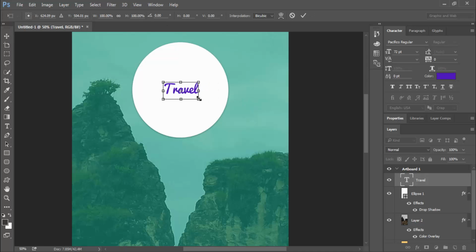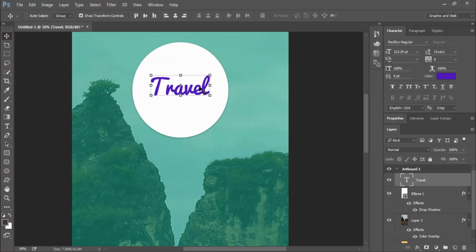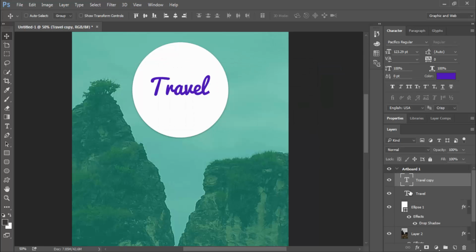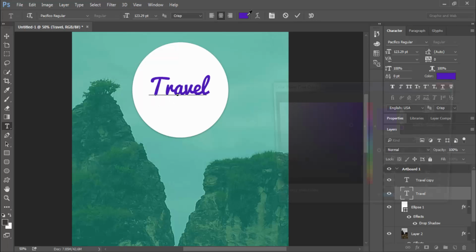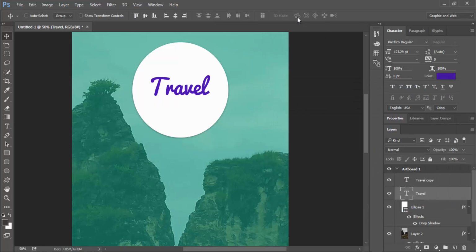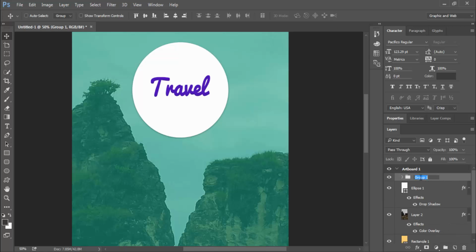Alright, and we can duplicate and change the color to dark and move it below like this. We can group it, rename it to logo, and make it centered.